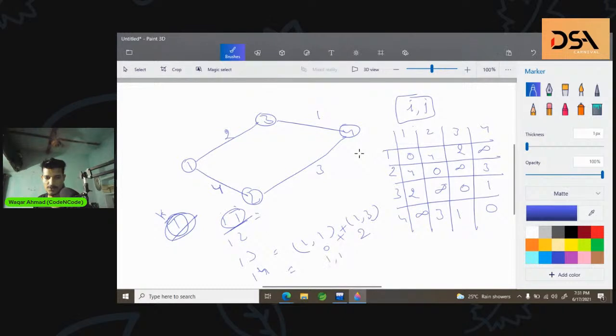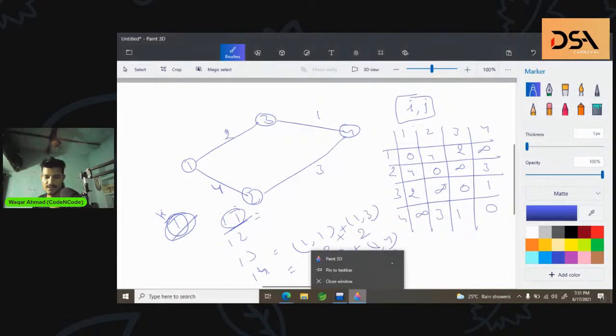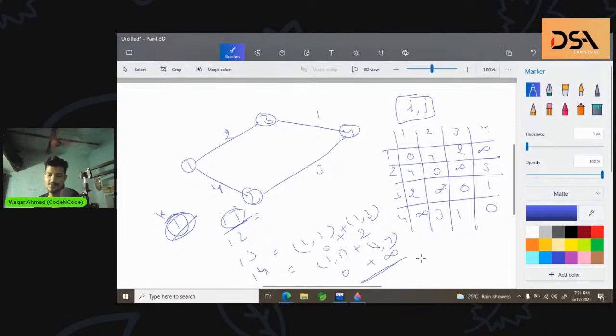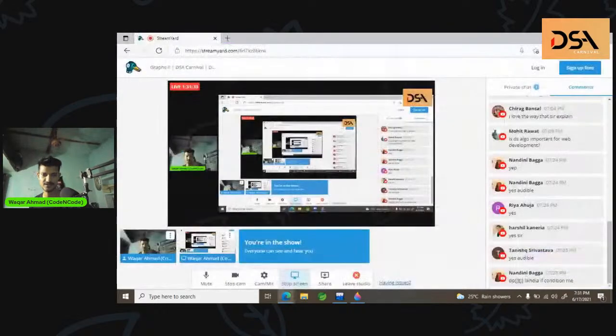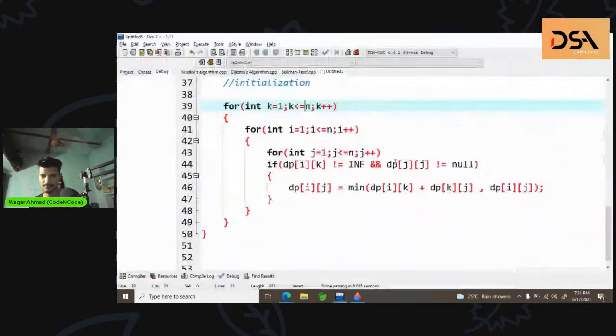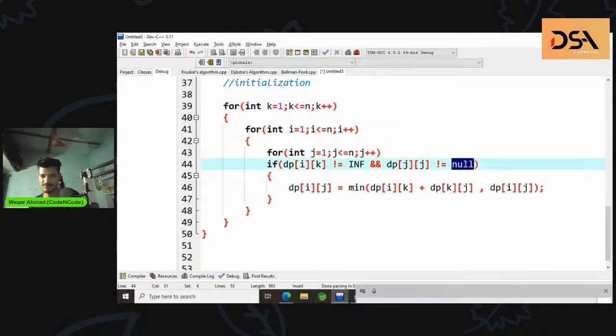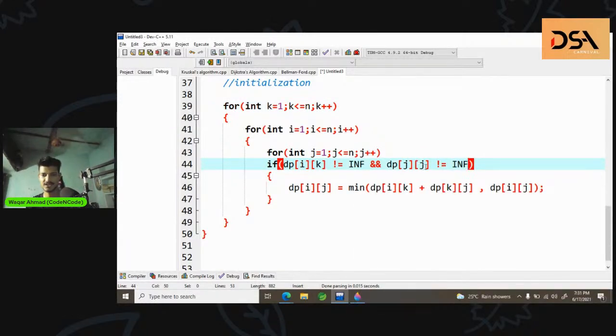And the last one is 1 to 1 plus 1 to 4. 1 to 1 is 0 plus 1 to 4 is actually infinity. We won't be able to update it because there is no path we have found till now from 1 to 4, right? We haven't found any path from 1 to 4 till now. That's why it is infinity. Where is this? Oh, I have written this as null. It will be infinity. Sorry, and this will be jk,